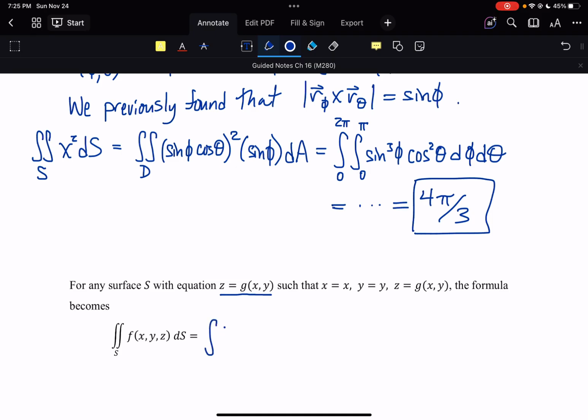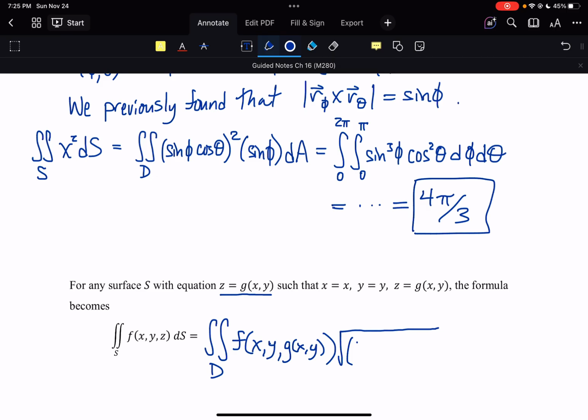So the surface integral becomes the double integral over D of f of x, y, g of x, y, times, instead of that generic magnitude formula,